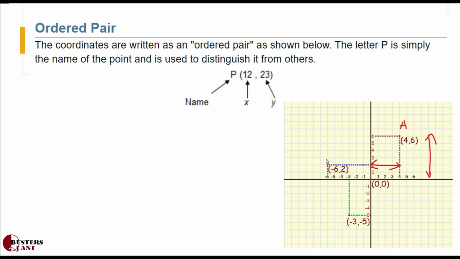Now if I see this point, the distance is not negative. Minus denotes that the point is towards the left of the origin. Now there are x comma y, two numbers. A negative x coordinate represents that the point is toward the left of the origin. Similarly, a negative y coordinate suggests the point is down, below the origin.